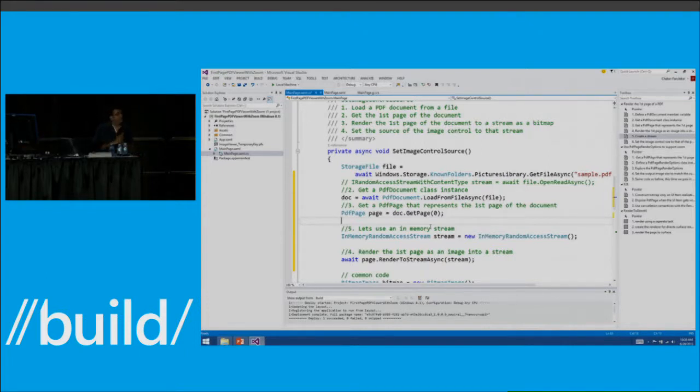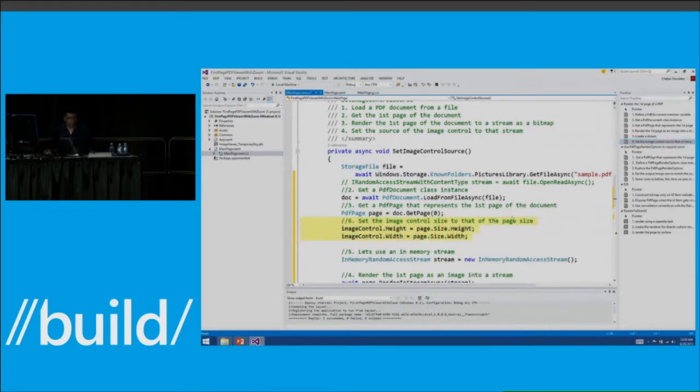Now, I'm going to do one final thing, which is to set the size of the image control to match that of the default page size so that we see the image at 100%. There you go. So let me compile and run this application.